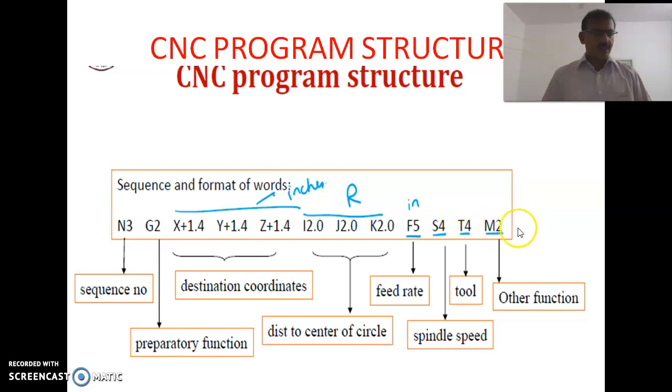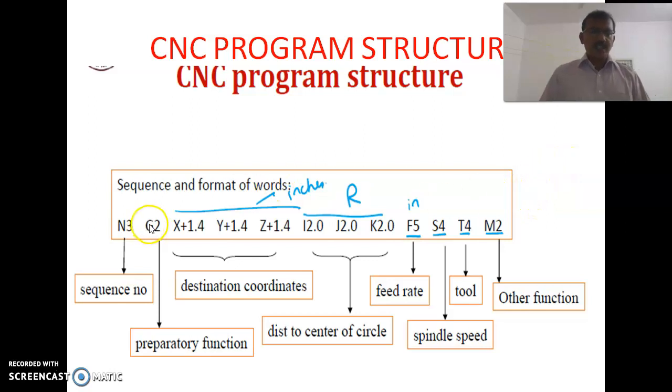The M code is used to represent the machine function or miscellaneous function, that is, coolant on/off, machine spindle on/off. For this purpose, we are using these coolant functions. Okay.